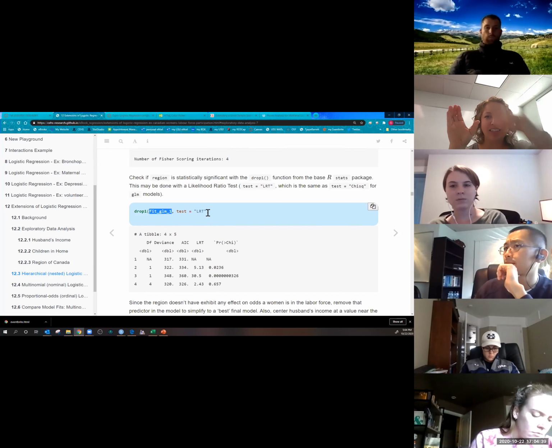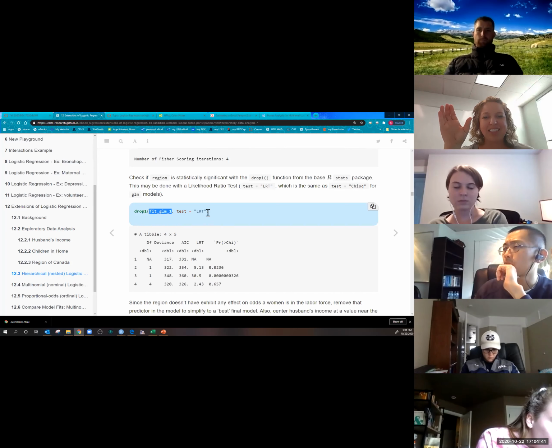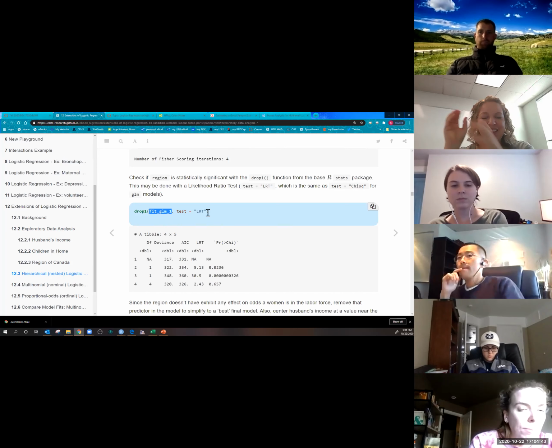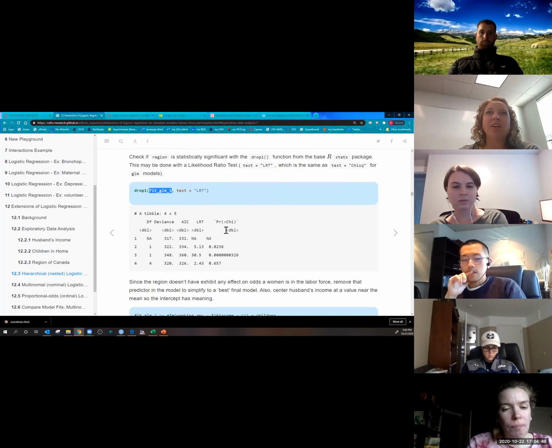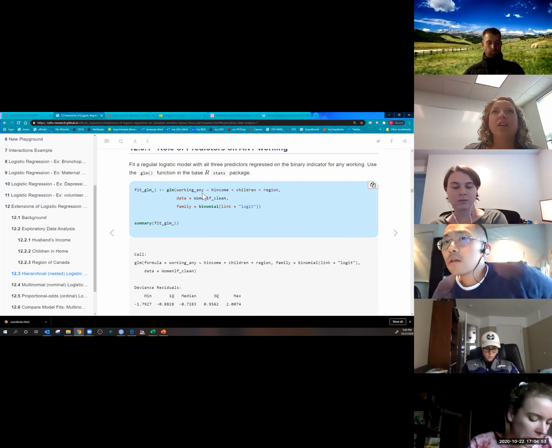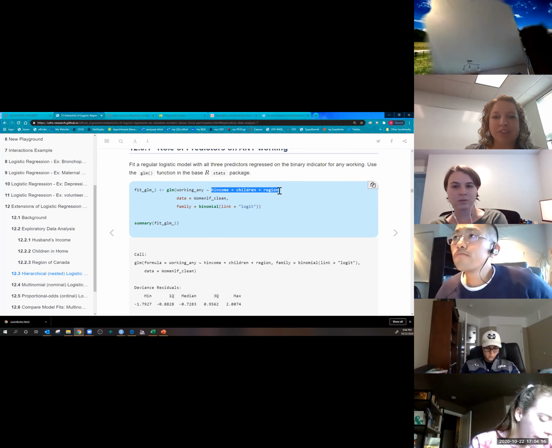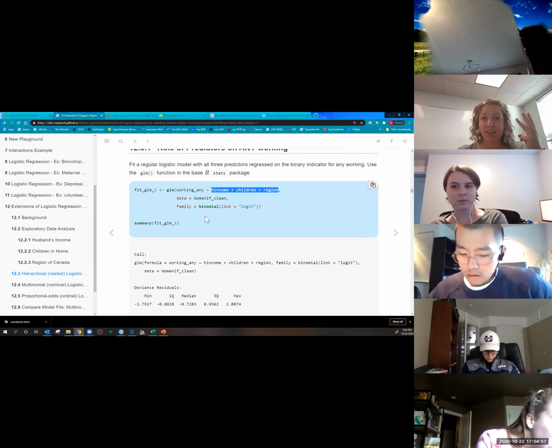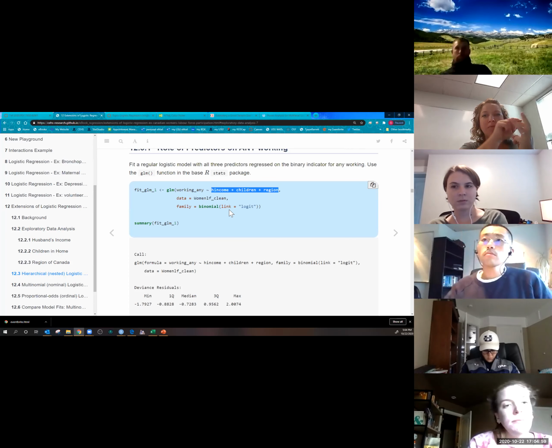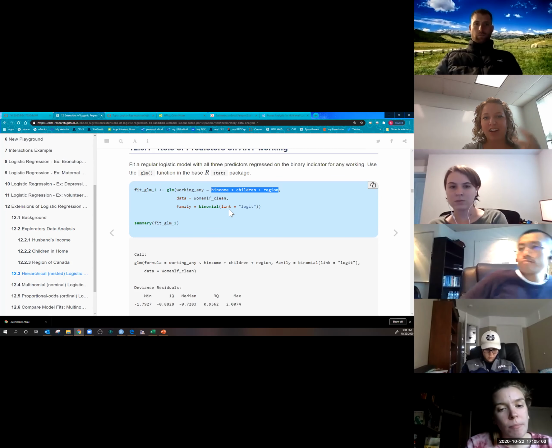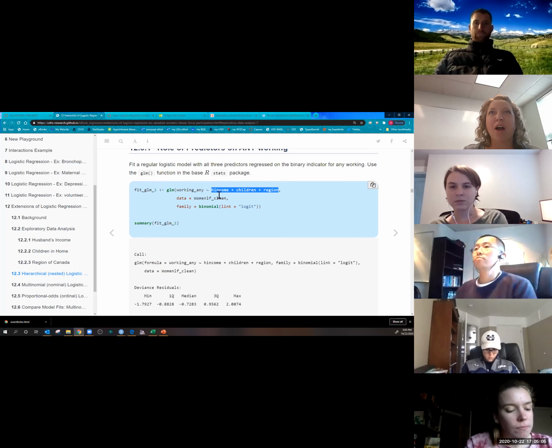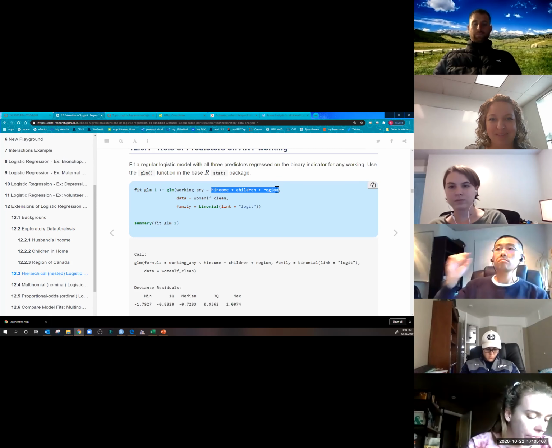And then it puts it back in and it takes out the second variable and it does a likelihood ratio test. And then it goes back to the original one and it takes the third variable out and does the likelihood ratio test. Since I had 3 predictor variables, it's fitting the model, here's the original time, and it's fitting it 3 more times, each time leaving out one of those variables and then doing all 3 likelihood ratio tests at once by dropping each variable out 1 at a time.